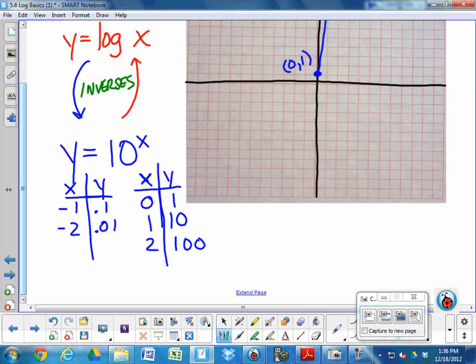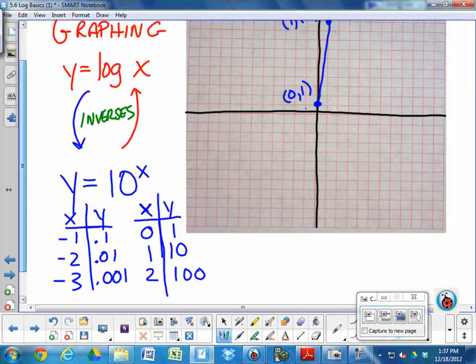0.01, that's 1/100th. It's 1/100th of a block. That's like if one of those little red blocks could be broken up into 100 pieces, you would only be looking at one of them, right? 1/100th. -3, you're already at 0.001. So that's why when we graph to the left, you just kind of say, yeah, it's getting really, really